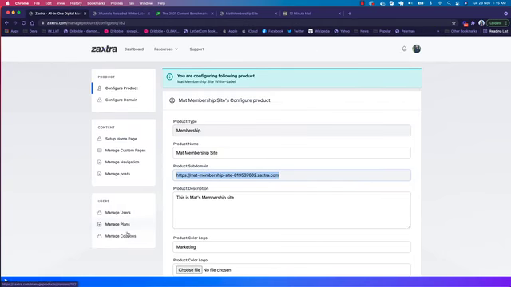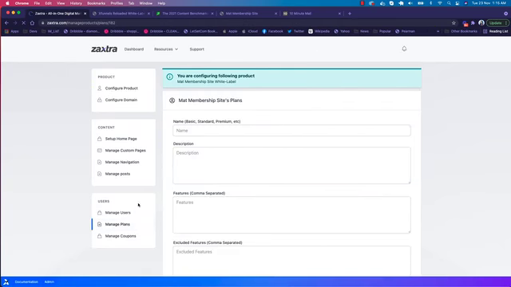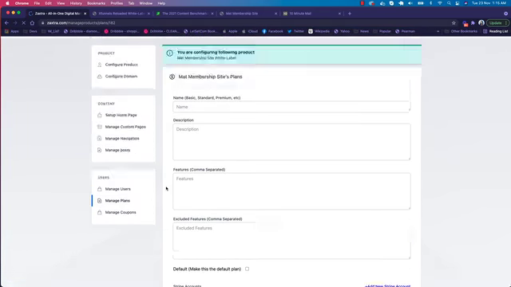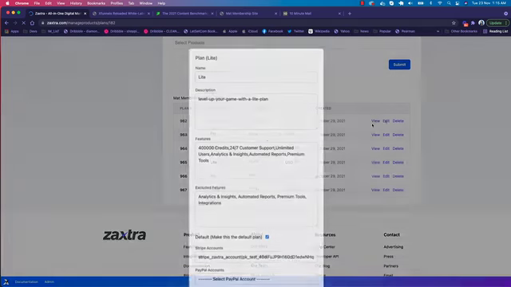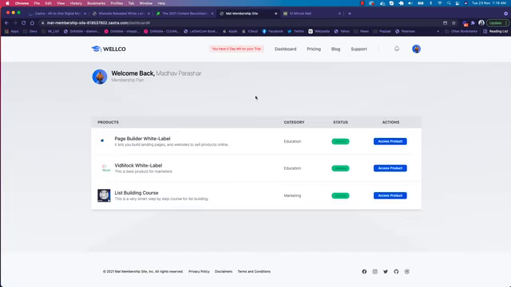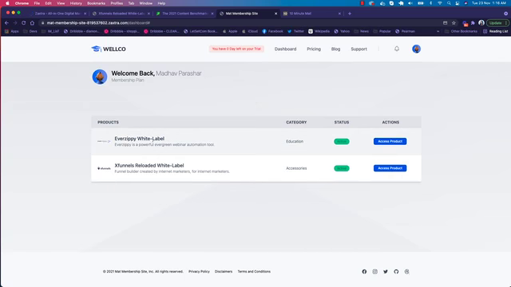If you want to change the available content, you can easily go back to your membership site and click on manage plans. Inside manage plans, you click on edit, and you can assign the products from here, like EverZippy and Xfunnels Reloaded, nothing else. You click on update and that's it. When you come back to this site and refresh, now we have EverZippy and Xfunnels. So you can assign the products as per your licenses and plans for your membership users, so they can log in and access all your products